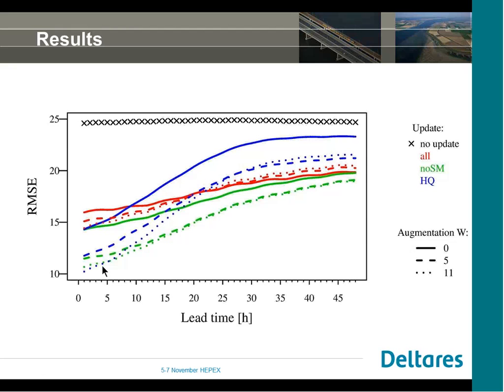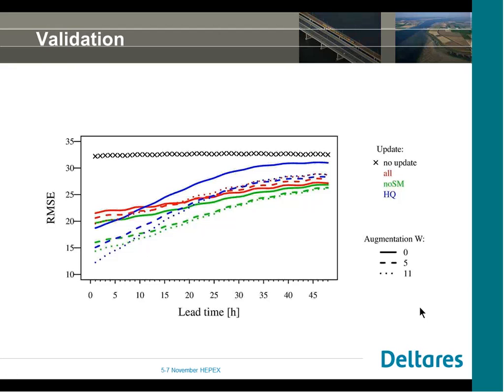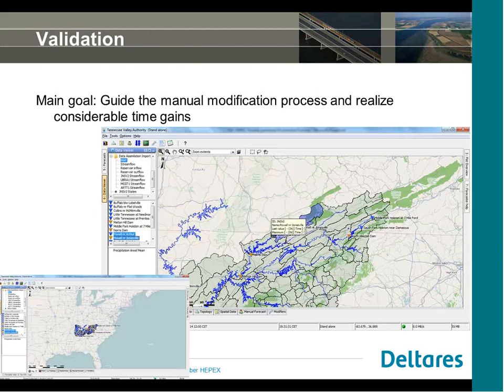Of course, you can argue you assimilate different amounts of measurements. That's true. But from the previous study, we knew that the difference between updating every 12 hours or every 6 hours was small. So it seems, and this also gives gains in computational time, that it's probably most effective to use something like 12 hours for this basin. This is the validation point. This was not used in the assimilation, and we see more or less the same results for this point. This gives confidence that this works quite well.